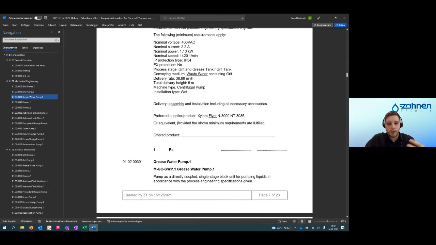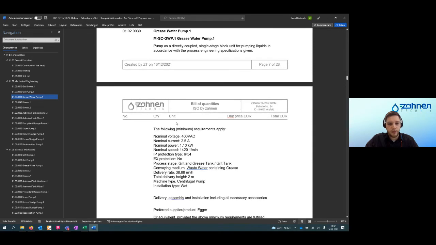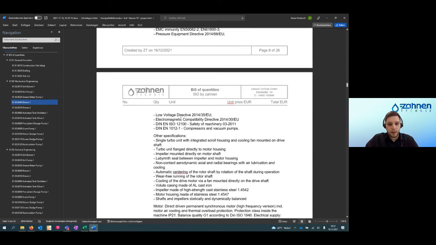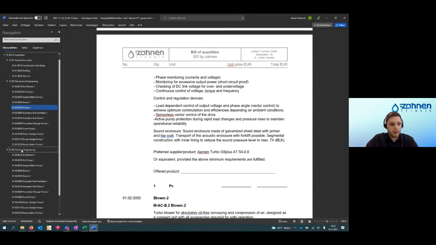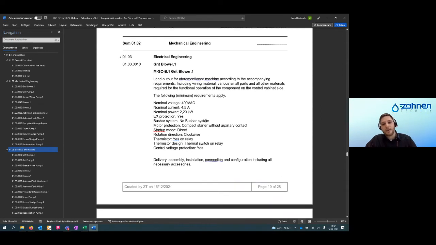And so we have a chapter for every machine here. I think I can go through it a little bit faster, or I can jump through the navigation to the next chapter, the electrical engineering. Here it's the same. We have our introduction text, we have a closing text, and we have a list of the technical parameters that we defined to specify the electrical engineering for the machine. And so this is